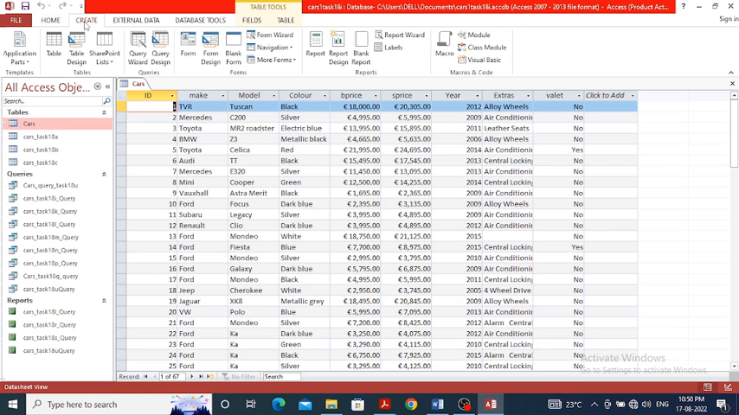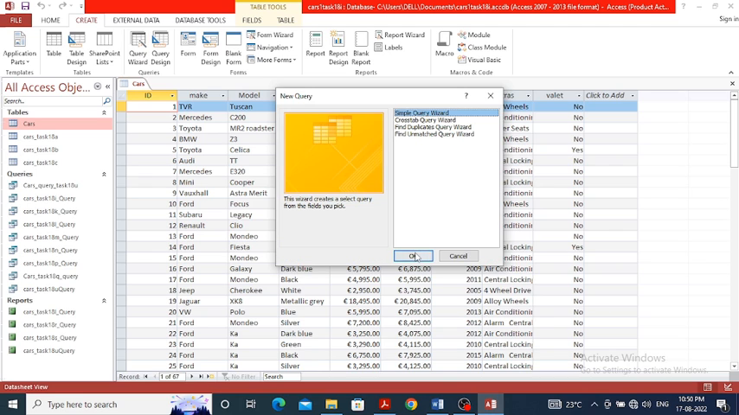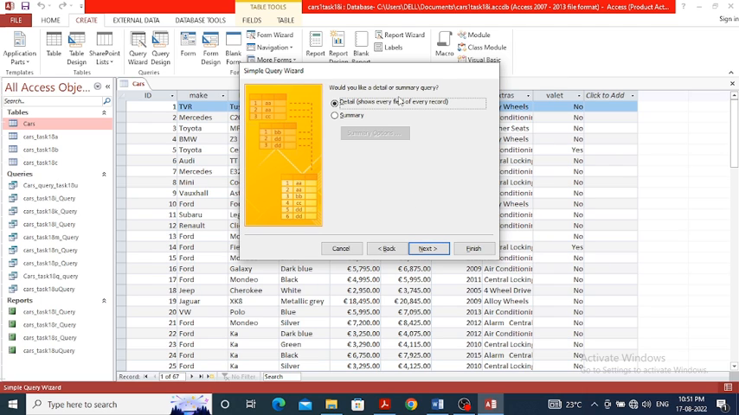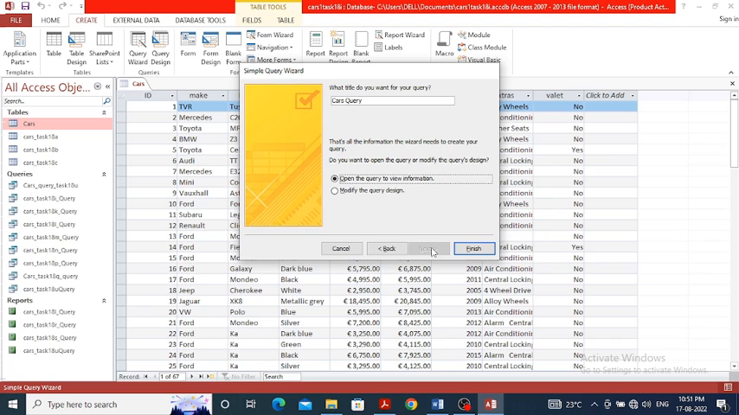Okay, so create a query wizard and a simple query. Now the cars table is taken, and whatever fields we have considered, we have added all of them in the selected fields. Click on next. Click on next because detail shows every field of every record. And here we are going to store the query with the name cars underscore query, and task